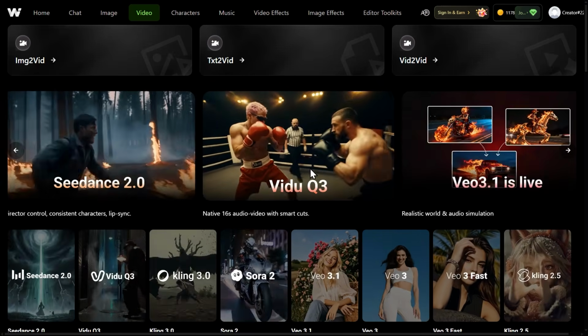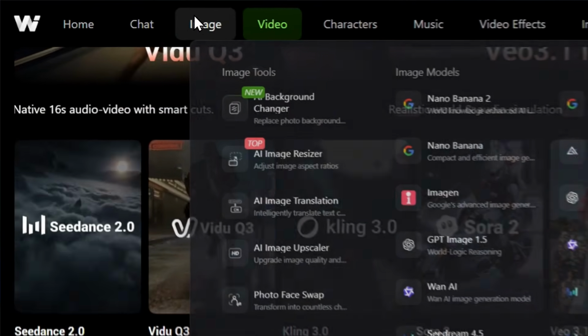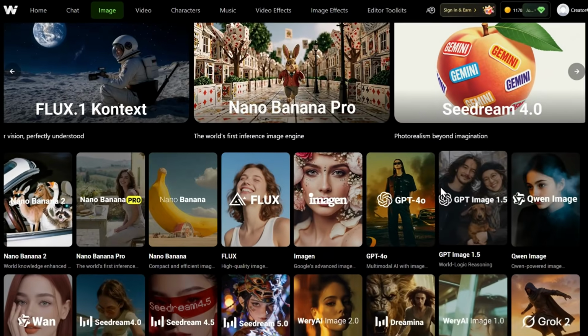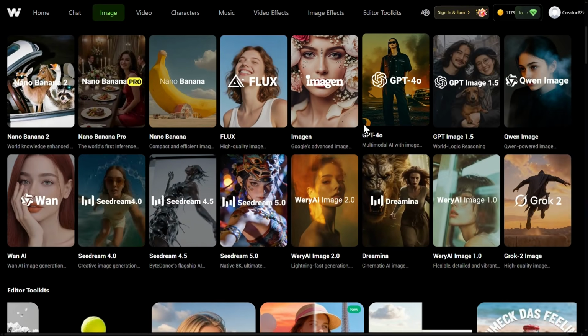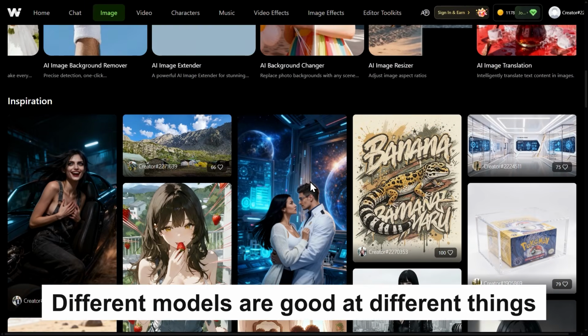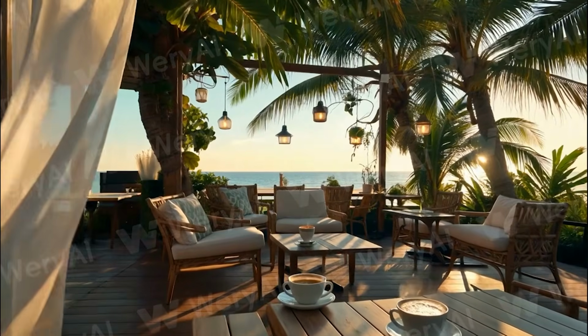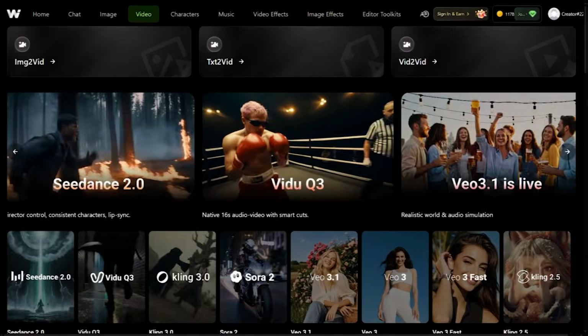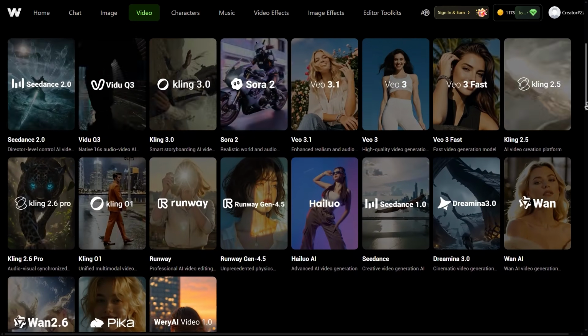The first thing I notice inside WeryAI is the model integration. On the video side, it pulls together major models like Sora, Veo, Kling, and Runway. On the image side, it gives you options like Flux, Seedream, Nano Banana Pro, and GPT-4o image capabilities. That matters because different models are good at different things. Sometimes you want realism, sometimes you want layout precision, sometimes you want a more cinematic result. So instead of jumping between different websites, the idea here is that you choose the right engine from one dashboard